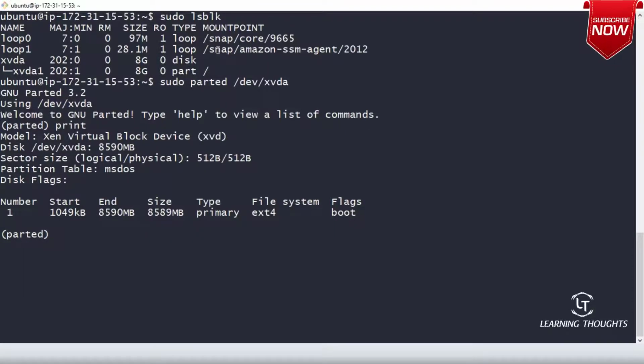The sector size is this, 512 bytes. And what is your partition table? And what are your disk flags? From 1094 KB to 8590 MB, all of this is shown as one partition, and that partition is what you call xvda1.